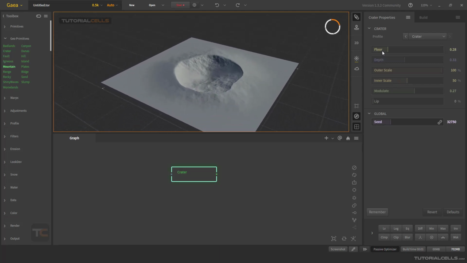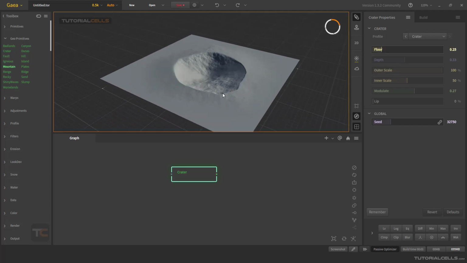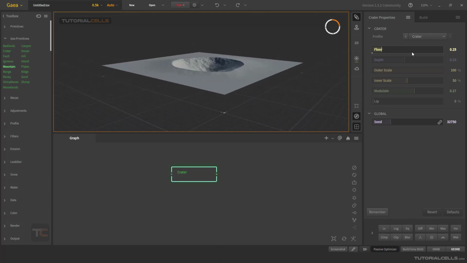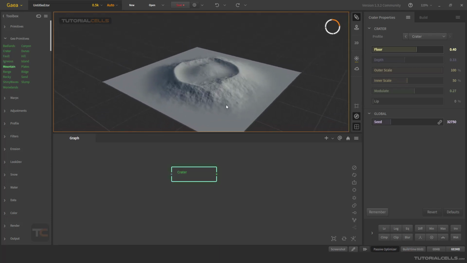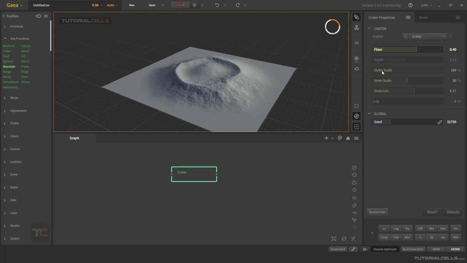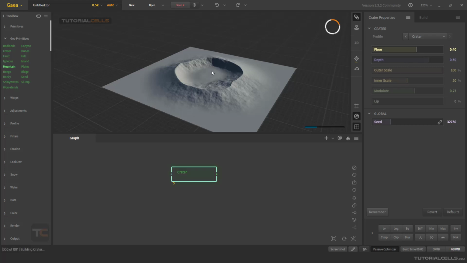So in the floor, you can decrease the floor. As you can see, you can increase it going up, decrease it going down if you want. You can create a volcanic floor. You can change the depths of this. Again, you can change the depths of that. You can change the outer scale